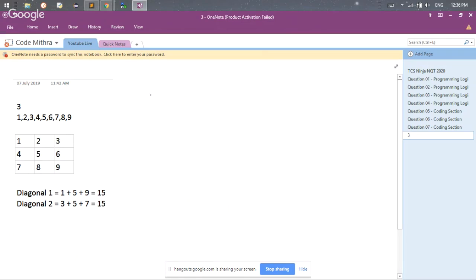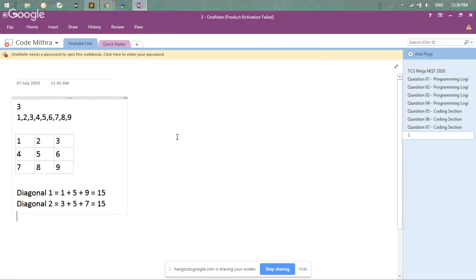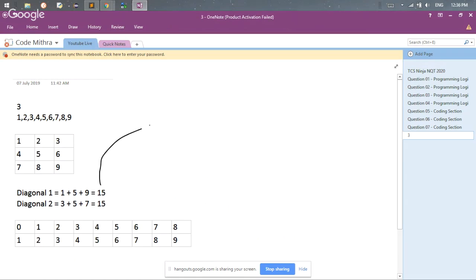So if you just go for 1, 2, let me put it as an array. Let us consider this as an array. Now if you consider this as an array, these are the elements, and then these are the indexes. Now if you observe this carefully, for calculating the first diagonal sum, what I'm